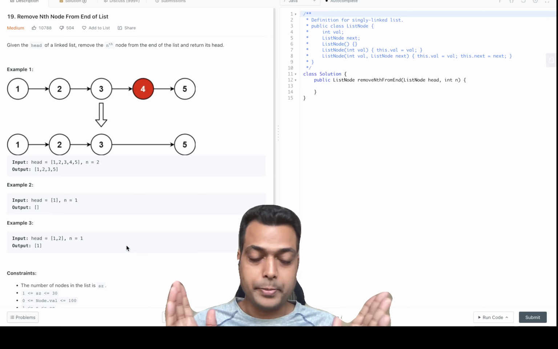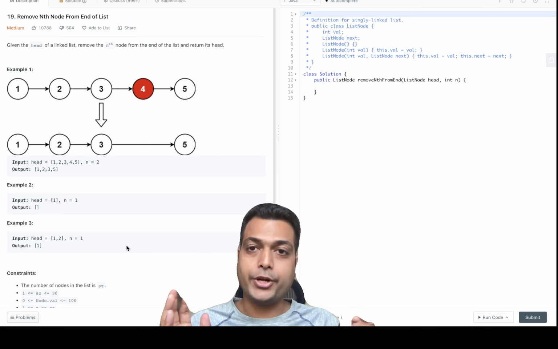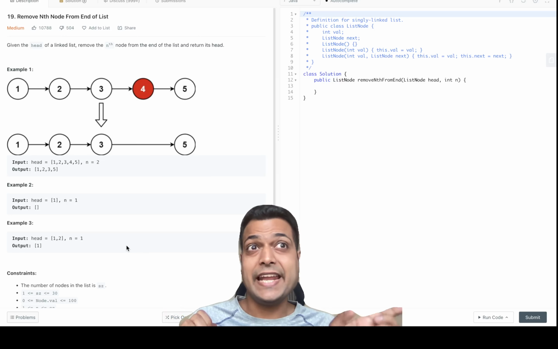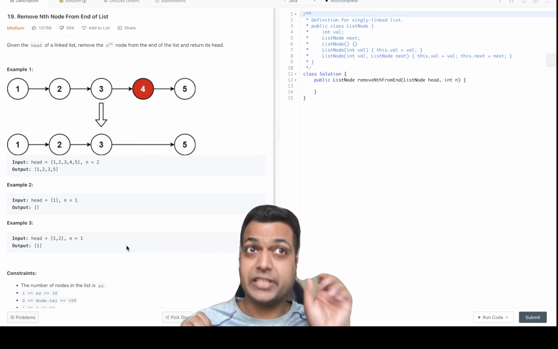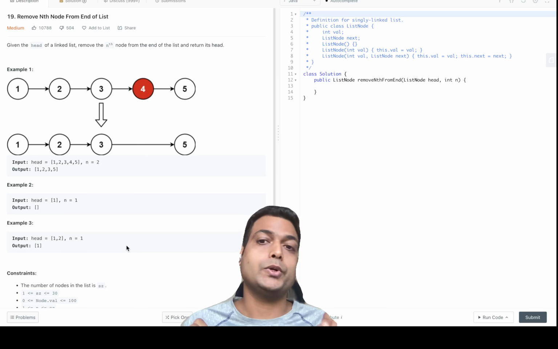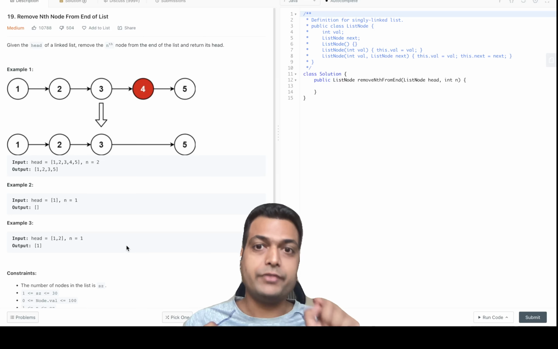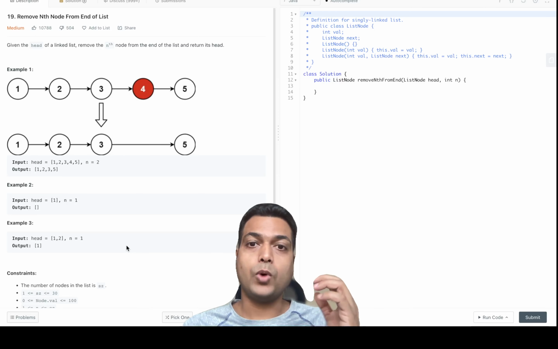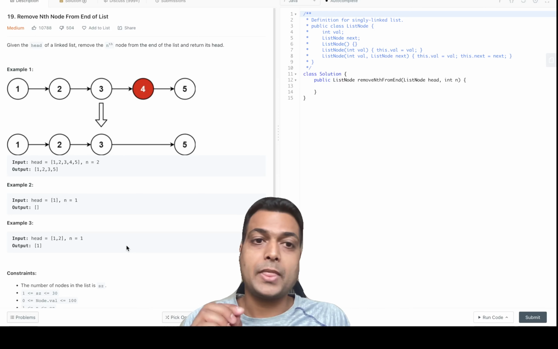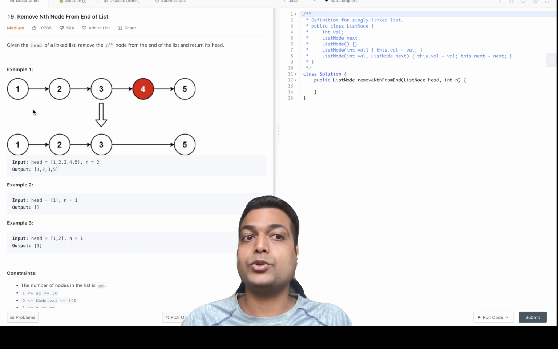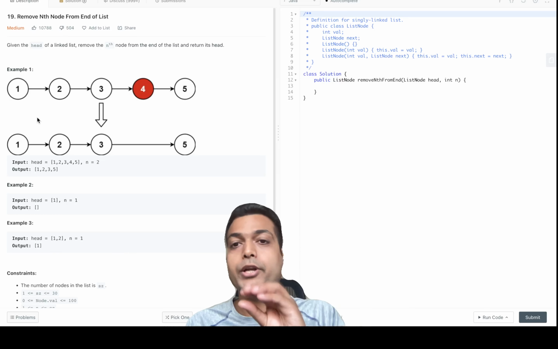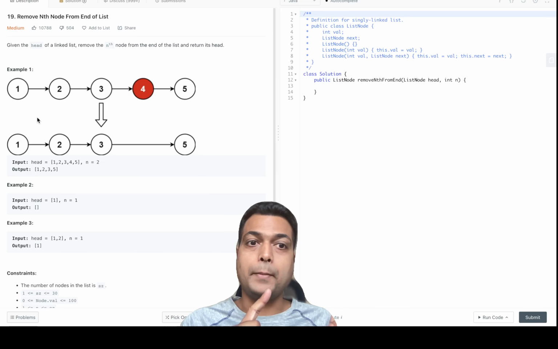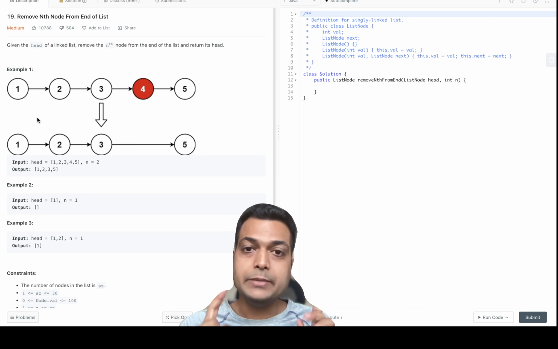We just want to place the slow pointer at a place where the next pointer of that slow is actually the node that we want to delete. Therefore, what we do is we create one more node before the very first node, before the head, and make it point to head. So when we move by n places, we are basically moving